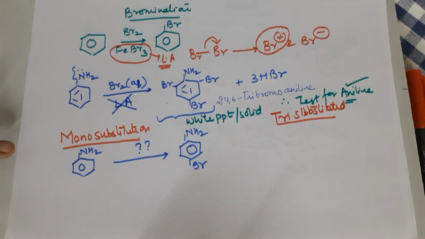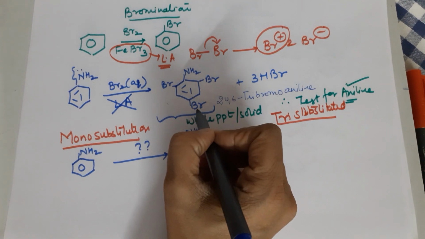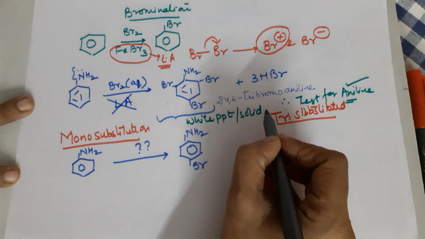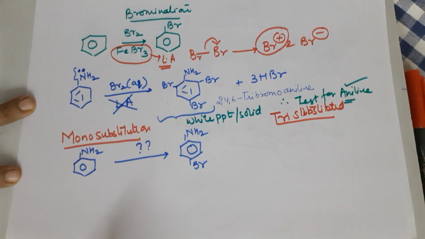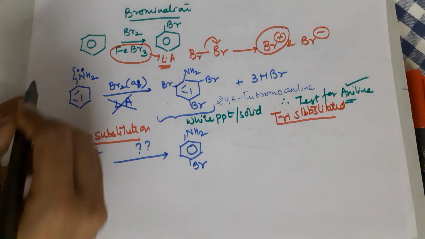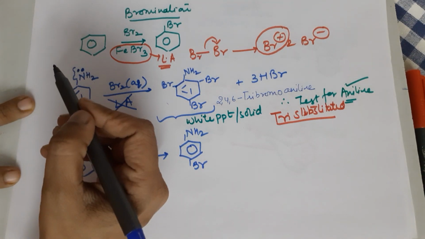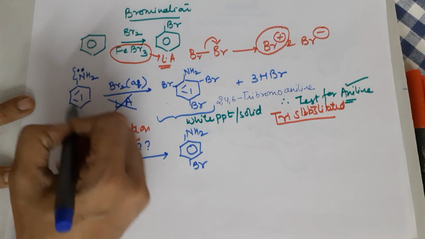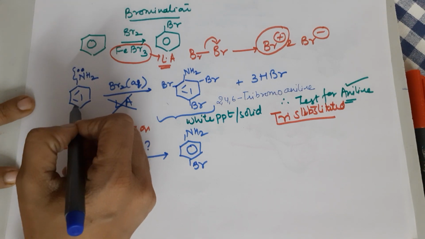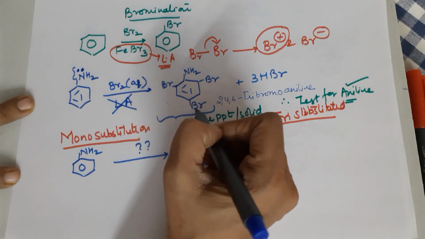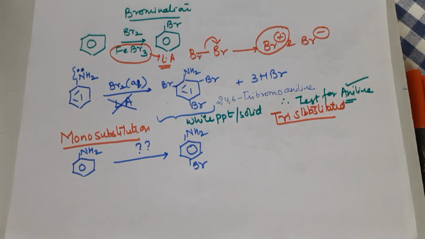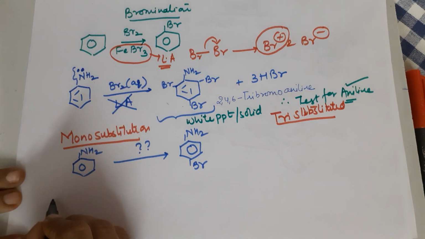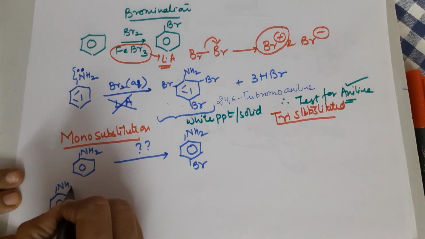The main problem is, why do we get this formed? And the reason for formation of a tri-substituted product is the lone pair. So if somehow you can remove this lone pair temporarily so that the activating influence is less, then in that case, instead of forming the 3-bromo product, it would lead to a mono-bromo product. Now to do that, what is advised is you add acetic anhydride to aniline.